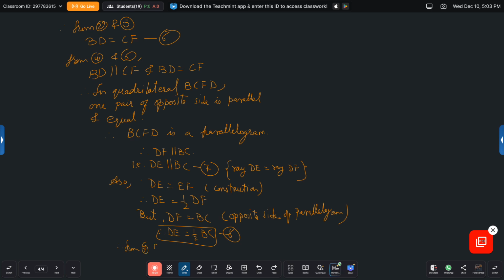Therefore, from 7 and 8, the line segment joining midpoints of two sides of a triangle is parallel to the third side and is half of the third side. And here we prove